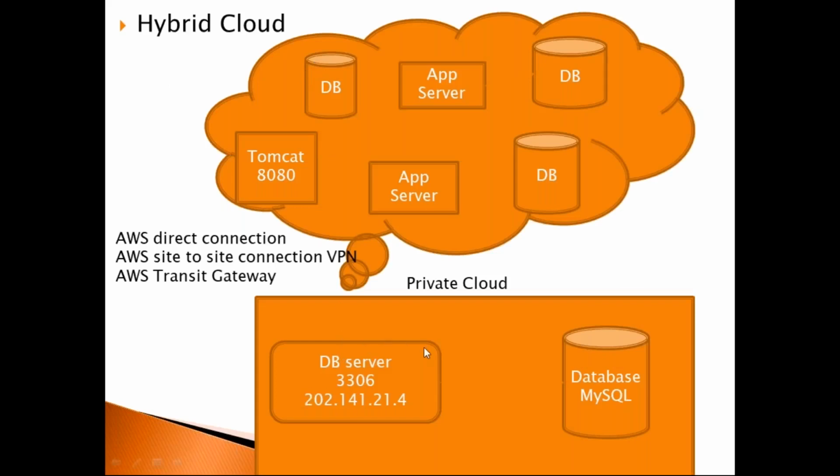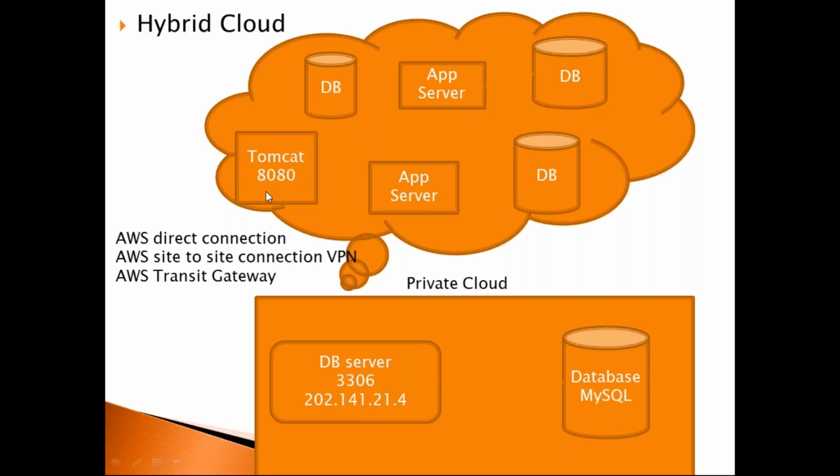One, your database server. Database server we never configure on public. Database is always in a private cloud. The database can be MySQL database, Oracle database. Nowadays, MySQL is more famous. MongoDB, MySQL, Cassandra, all these are databases. And your application is Tomcat. Tomcat is an application server. WebLogic, WebSphere, all these come under application server. Your application server is on the internet. How do you reach your database? Through the application server.